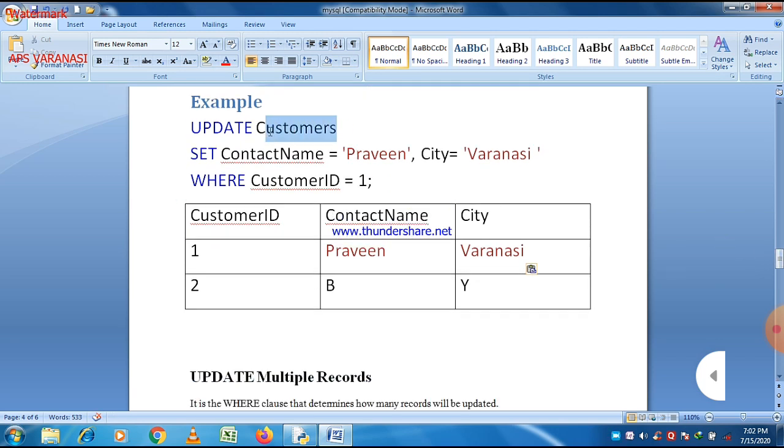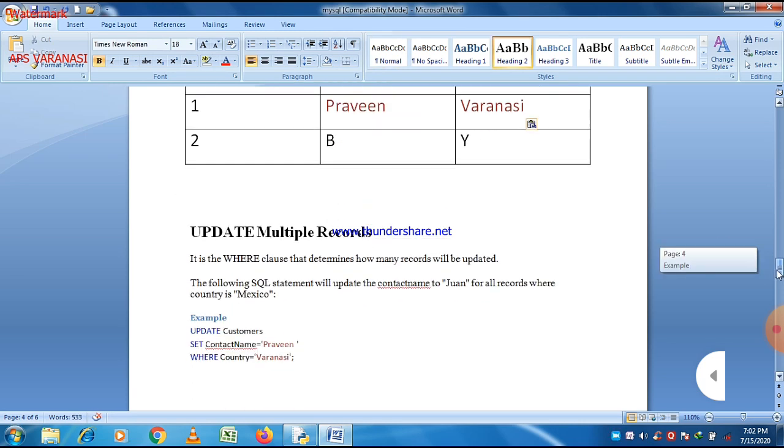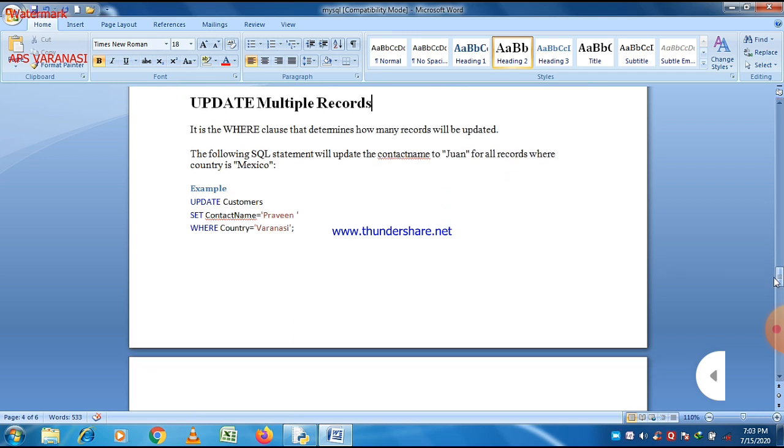If you want to update multiple records, this is also possible. Here the table name is customers, always remember that.